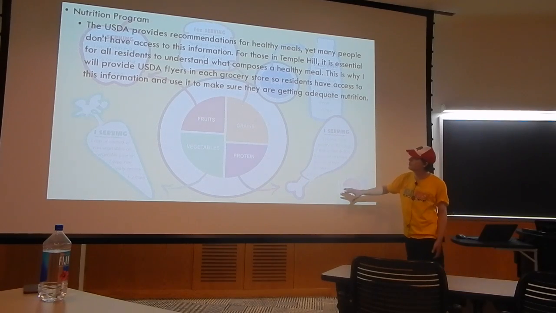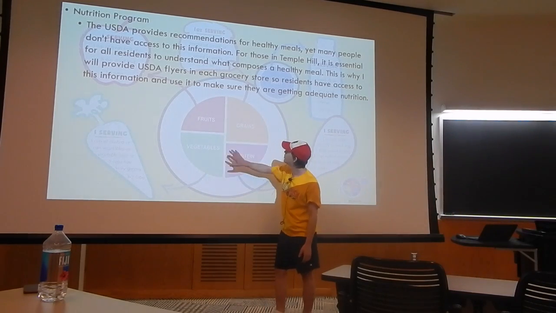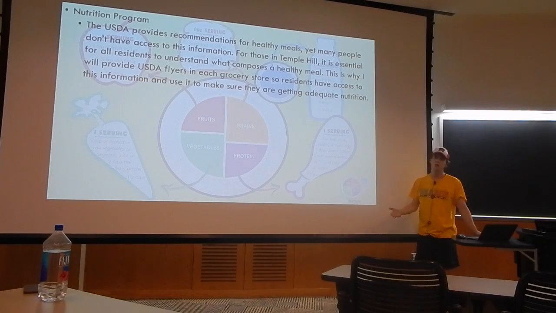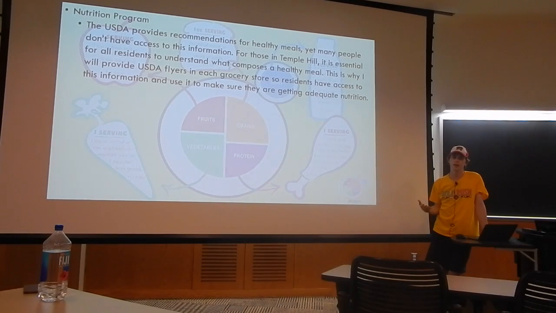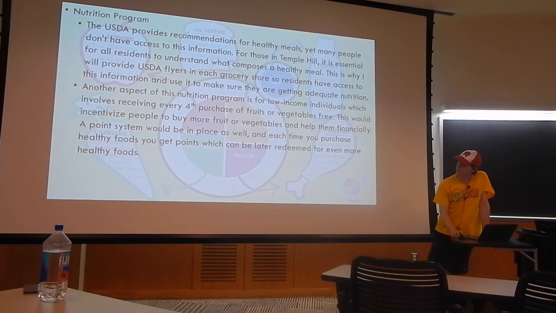You can see the background here shows you what you need on every meal: vegetables, protein, fruits, and grains. And it shows the servings. And so the flyer would just be pretty much a guide of what you need in your daily meals to remain nutritious. Another aspect of this nutrition program is for low-income individuals, which involves receiving every 4th purchase of fruits